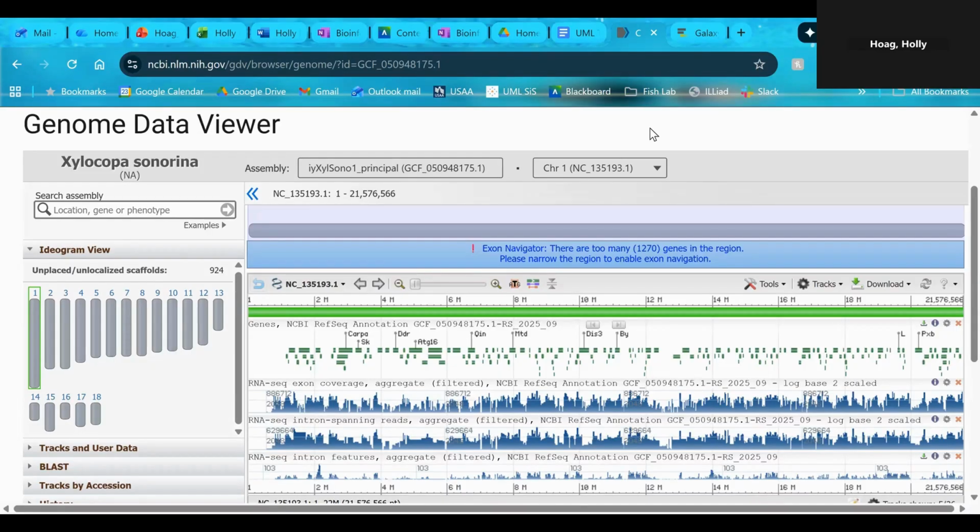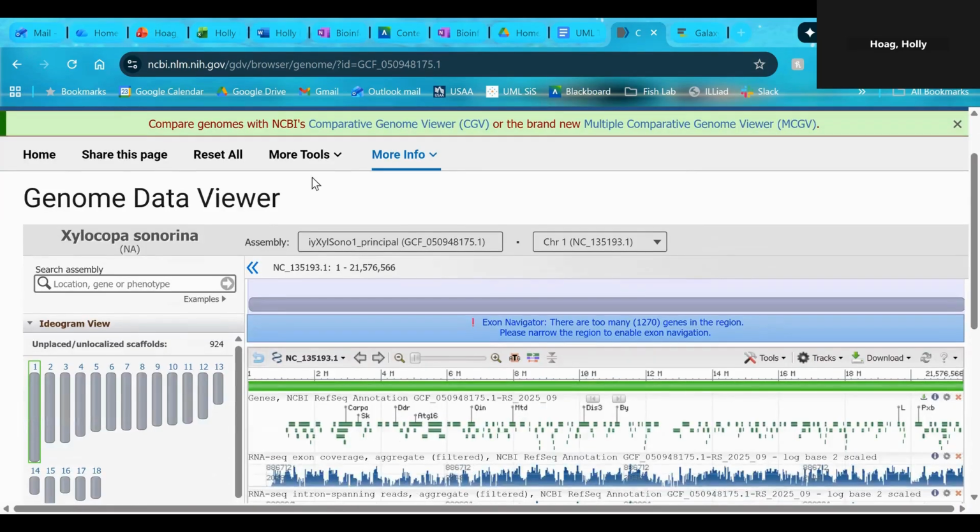The first thing you'll want to do is go to the NCBI Genome Data Viewer. As you can see, I've already searched for one of my species of interest, Xylocopa sonorina. So now I can search the assembly for the genes that I want to download. As a reminder, the genes are Wnt10 as well as OBP12. So I'll start by searching Wnt10,